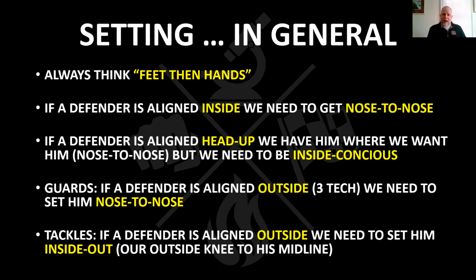I'm going to set over so I can cover him up nose to nose, full body against full body. All right, tackles with defenders to the outside, we set inside out. Our outside knee goes to his midline, or knee to crotch. We do that because